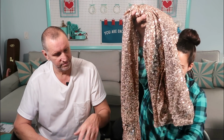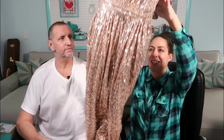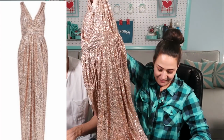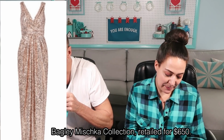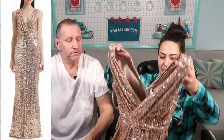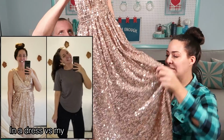This is my favorite box ever. Look at that. Badgley Mischka. This might be a wedding dress or something. No, that's like a ball dress or something, right? Well, I mean, Badgley Mischka does make wedding. It could be bridal. It is Badgley Mischka, size 4, rose gold sequins. Hold this up so I can hold up the